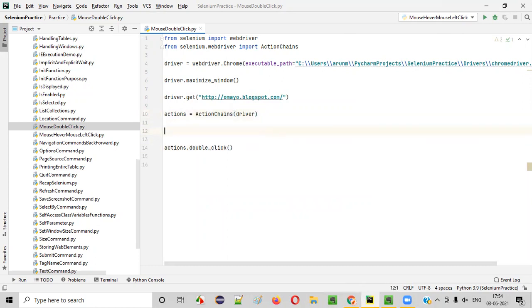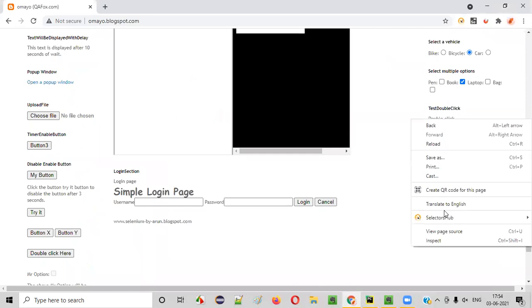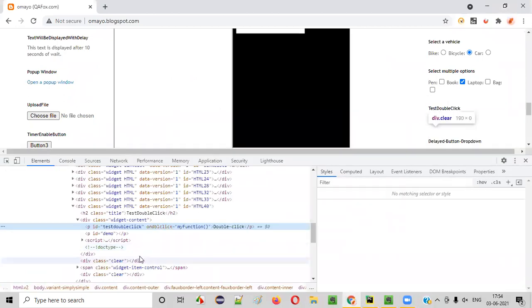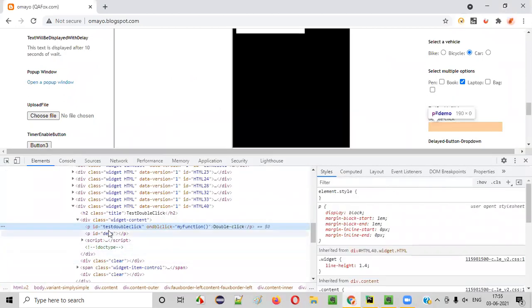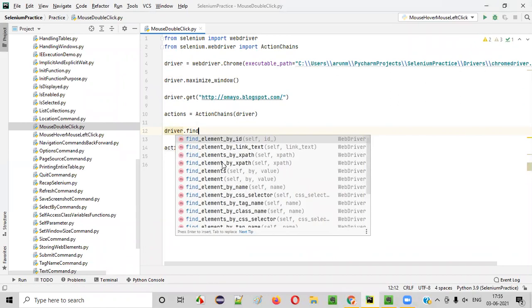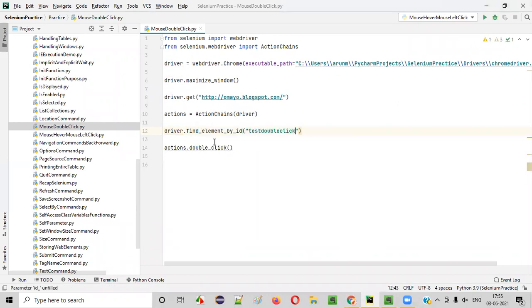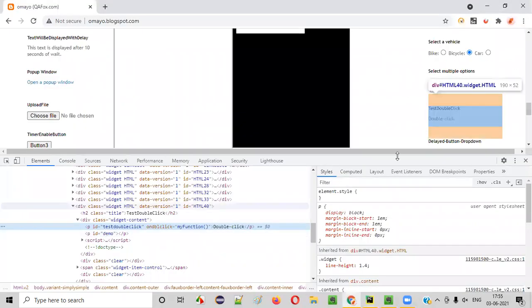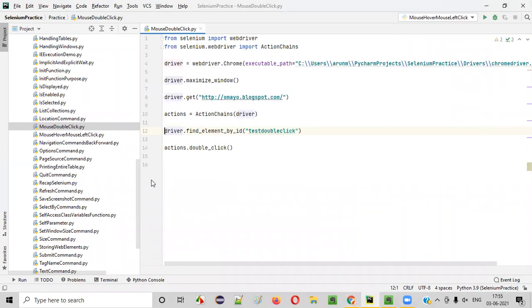For that, I have to create the web element here. So I will inspect this double click. And this is the HTML code of this double click, guys. It has some ID, you can see that there is an ID. Copy this. I'll say driver dot find element by ID, provide the locator. So what is that? Double click option, I will say double click underscore option is equal to, this is a web element, guys.